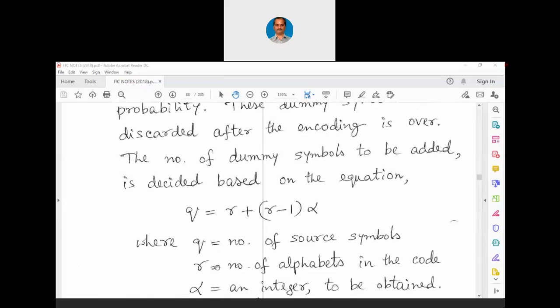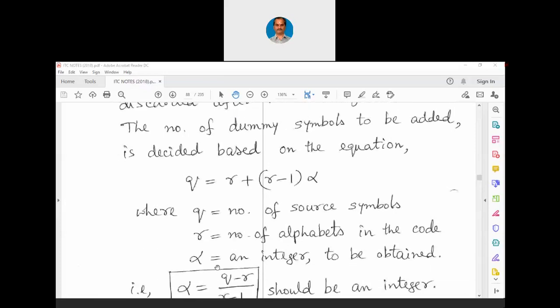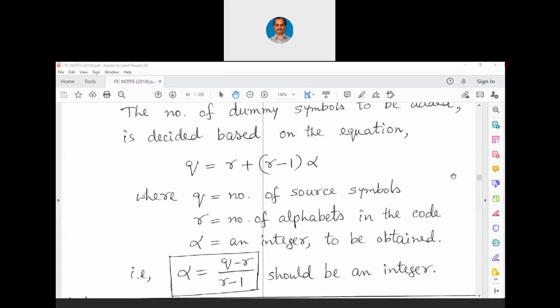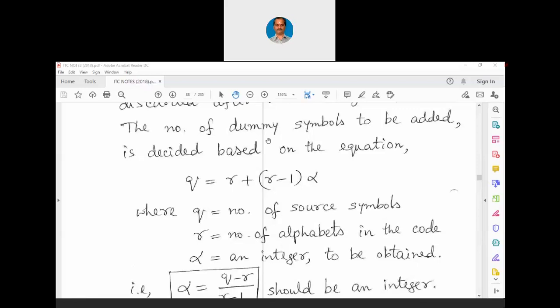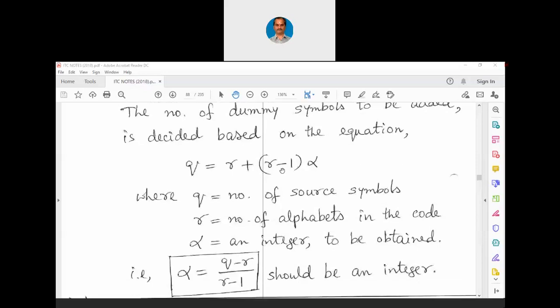Now, how to decide how many dummy symbols we should include? The number of dummy symbols to be added is decided based on the equation Q equals R plus (R minus 1) into alpha. We don't have the derivation for this equation, just remember it, where Q equals the number of source symbols, R equals the number of alphabets in the code, and alpha is an integer which has to be obtained.